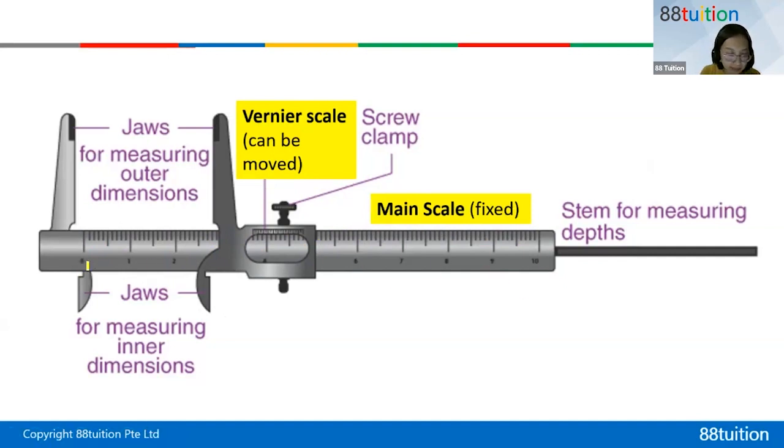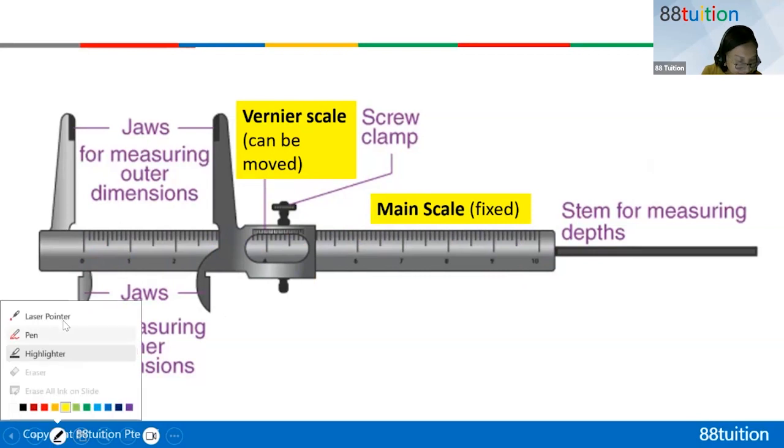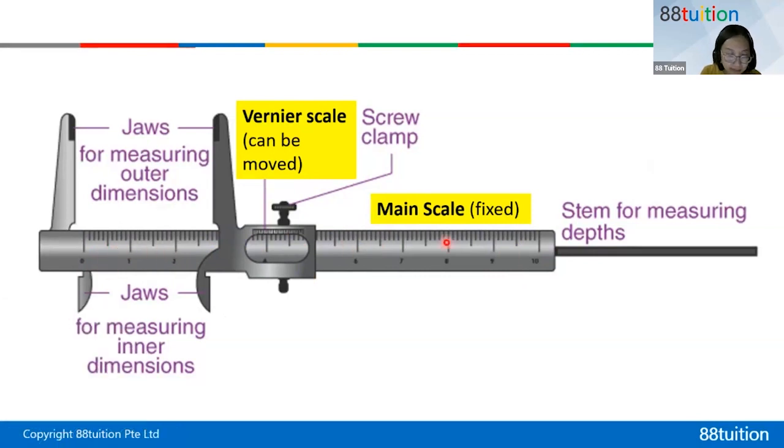So this is the main scale. Okay, maybe the laser pointer. This is the main scale. Then the vernier scale is this part. There are some numbers here. This will move. Okay, this is one whole